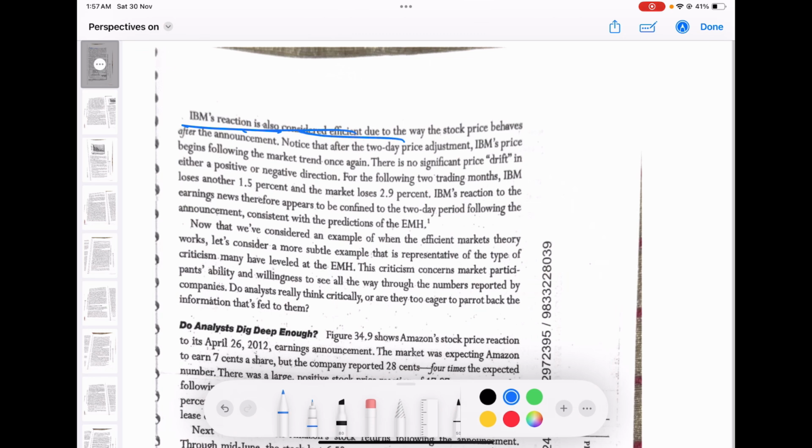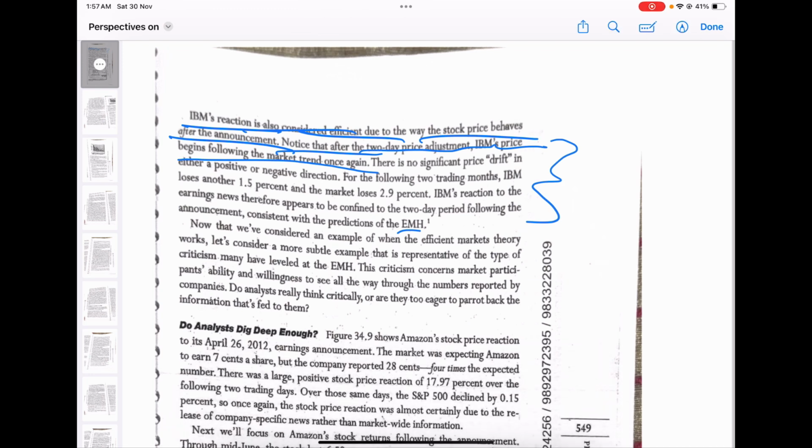IBM's reaction is considered efficient due to the way the stock price behaves after the adjustment. Notice that after the 2 day price adjustment, IBM begins to trend again. So that's what you need to know. That's what efficient market analysis basically talks about. Now,